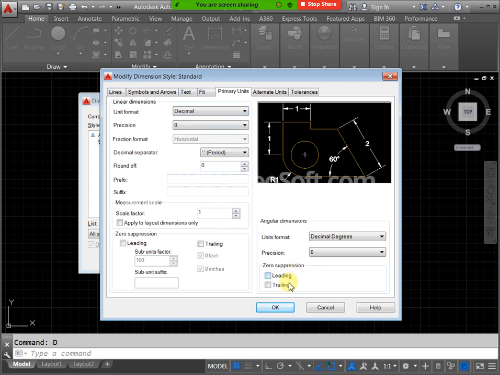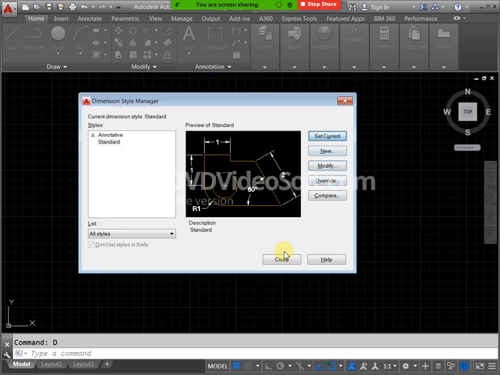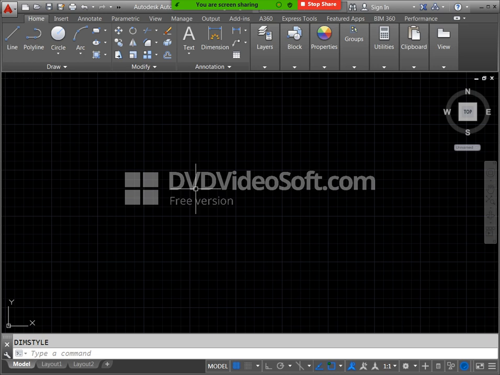This one is all other things. If you need to mention text height, symbols, arrow sizes, you can use this one. We have another topic for that. Click on set current, close. This is unit setting and dimension setting. Definitely we need to set these 2 units. For example if we have decimal in units and engineering in dimension, both are not matching. Definitely we need them the same, decimal, engineering, architectural, that is mandatory.